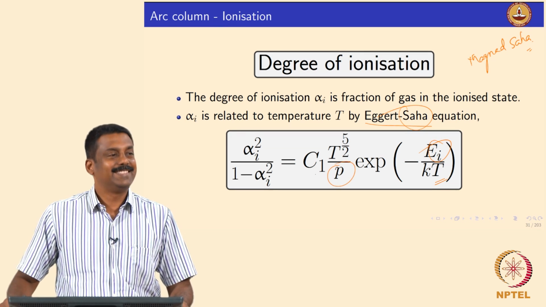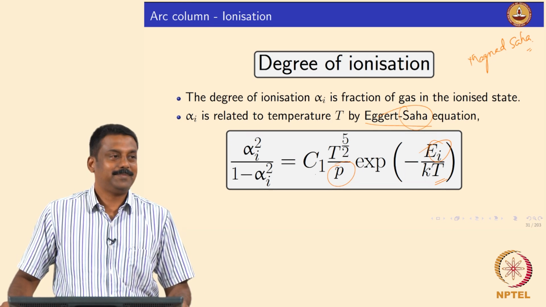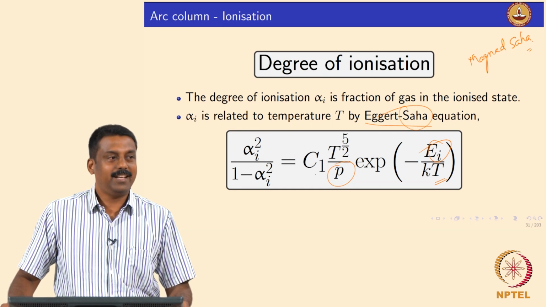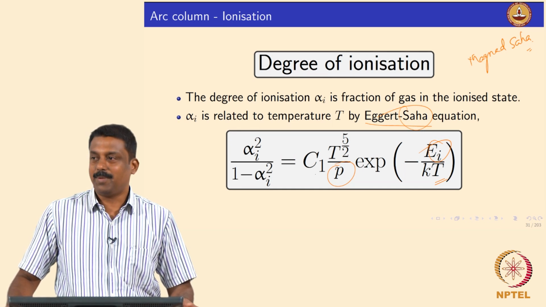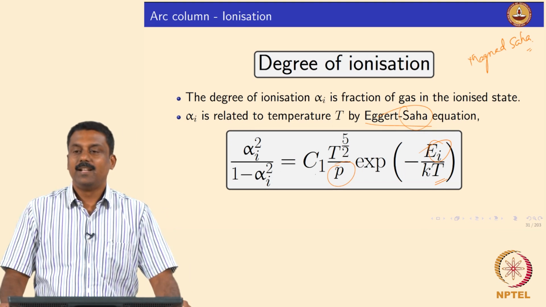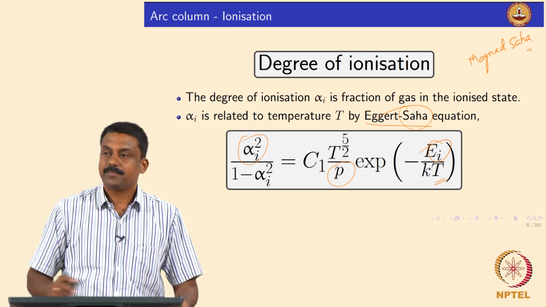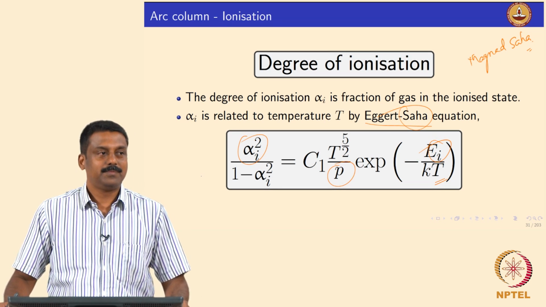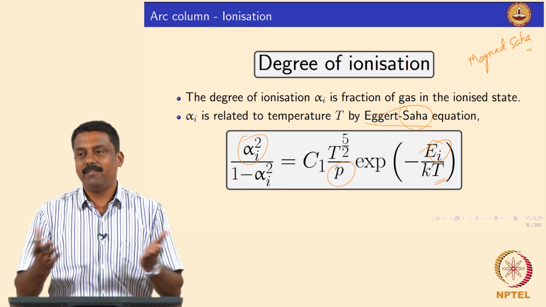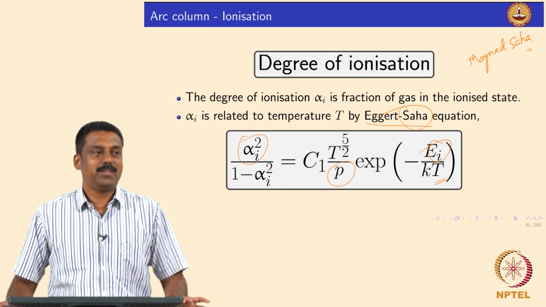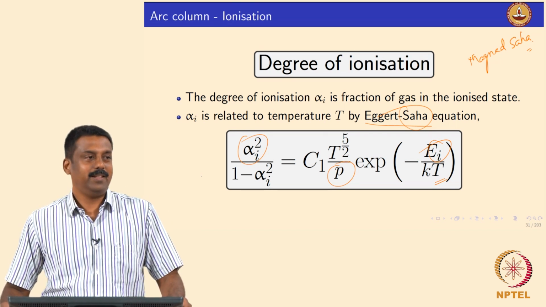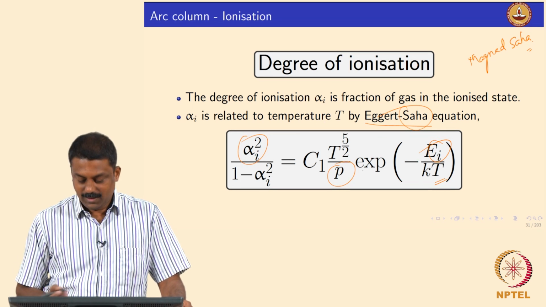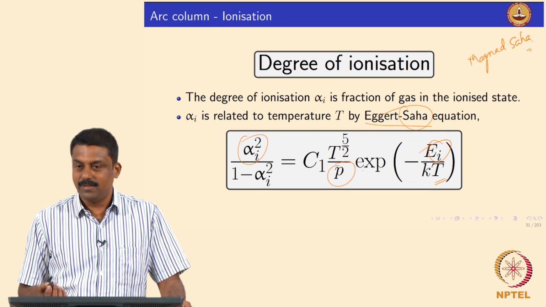What is the P here? It is pressure. So, if you change the pressure, obviously you also change the fraction ionized. It is negligible at 1 atmosphere pressure, but that is not the case here, right. In the arc we can neglect P. Arc pressure is based on the curve I showed you already. So, if you keep the pressure constant, the only thing that affects your ionization fraction is temperature.